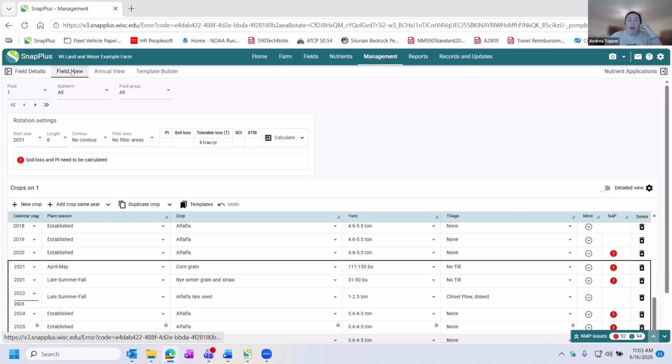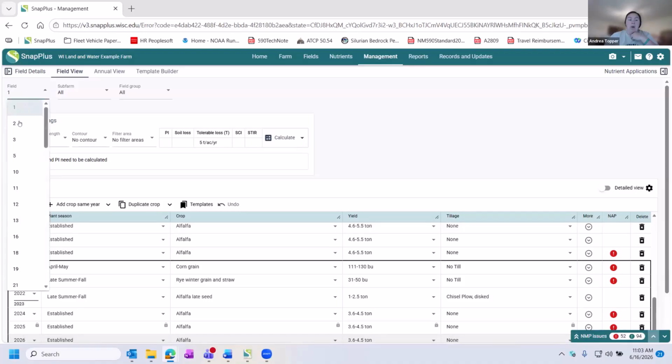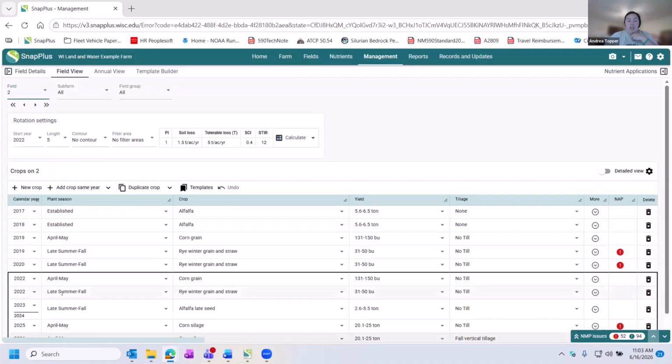So again, we are on the field view. This is an individual view level of a specific field. So here when we click on field names, we can toggle between and we can see information specific to each individual field. Now, depending on how you like your preferences, you can sort your years to ascending or descending order. So currently, I have the oldest years up at the top. Oldest historic data for this field is 2017, and that's up at the top. I prefer to see the most recent years up at the top, and so I'm going to click reverse